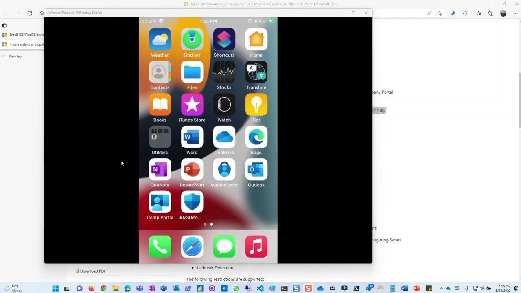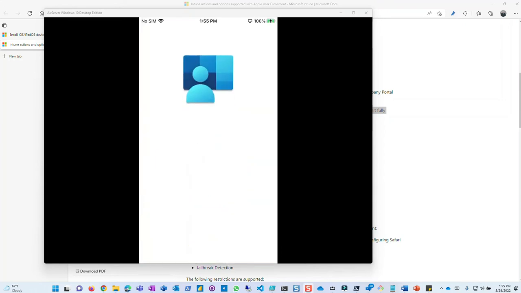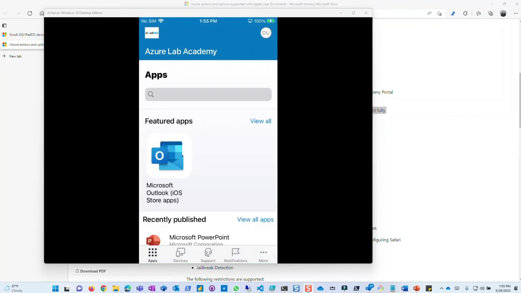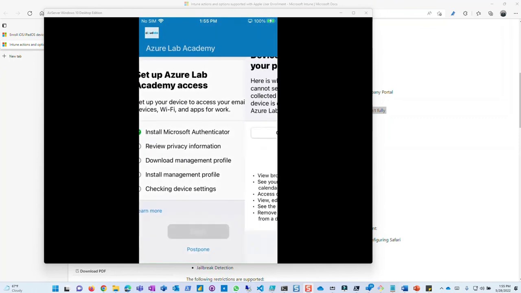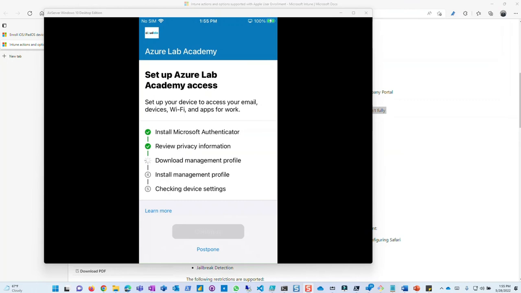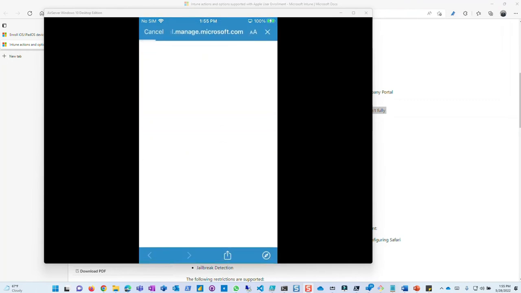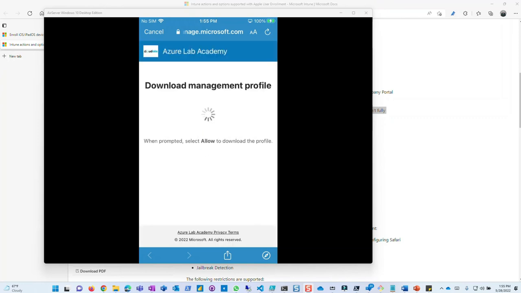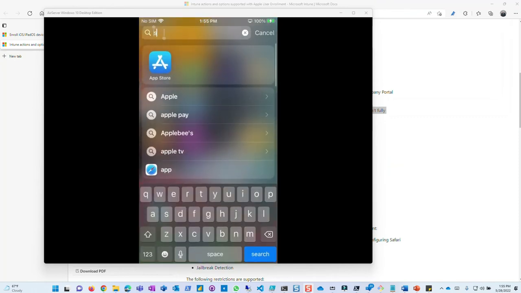Alright, so let me take you here and launch the company portal app here. Just wanted to show you what that means. So begin, continue, continue. So download management profile. So it's downloading the profile here. Allow, profile downloaded. So when you go to the settings here,